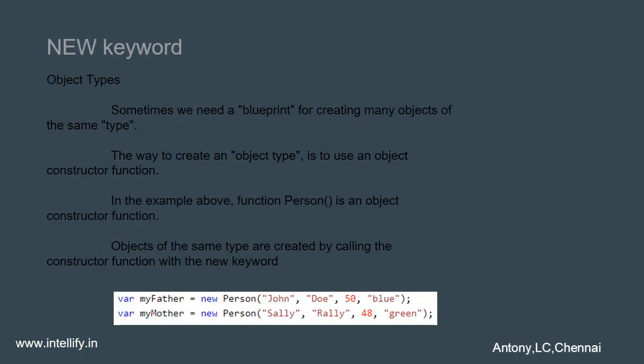What is the new keyword? The new keyword constructs and returns an object of a constructor function. The keyword performs four tasks. It creates a new empty object. It sets the new empty object's invisible prototype property to be the constructor function's visible and accessible prototype property. Every function has a visible prototype property, whereas every object includes an invisible property also.